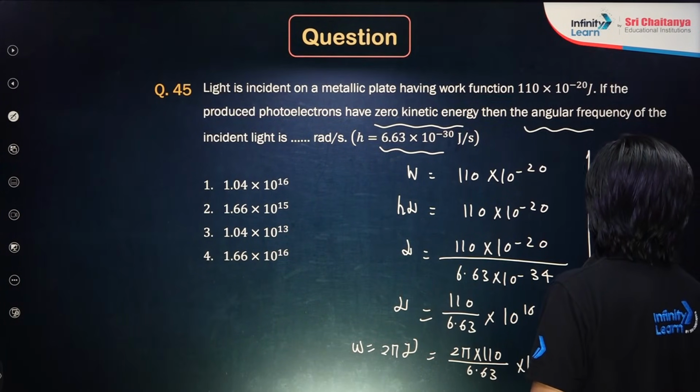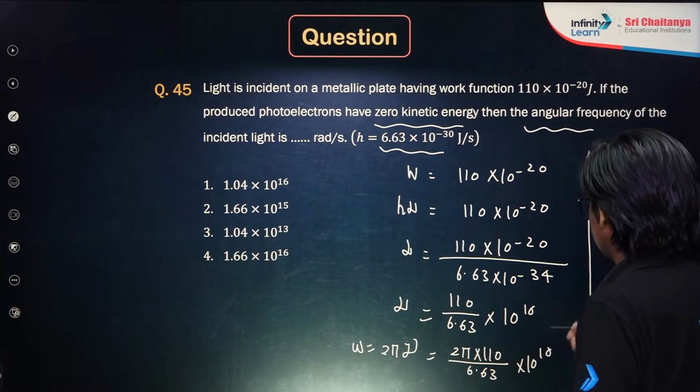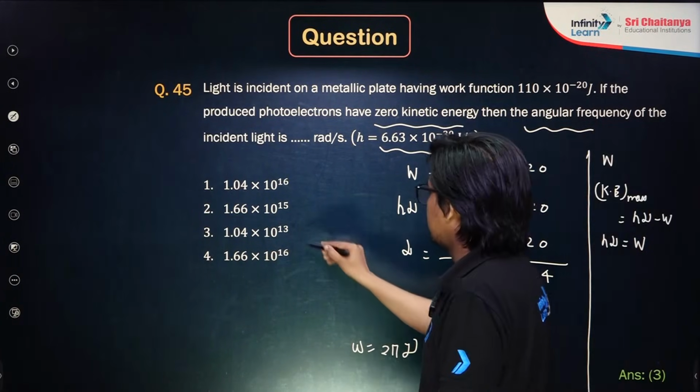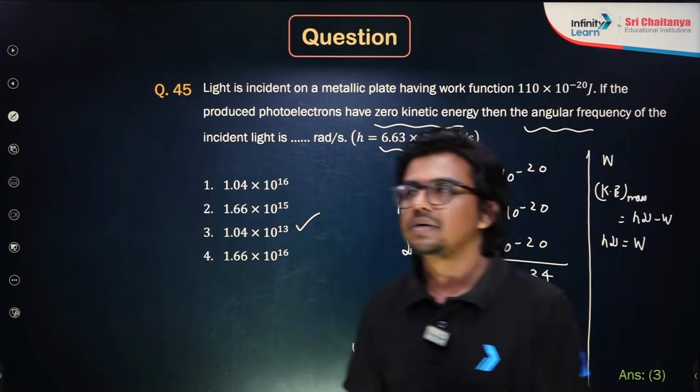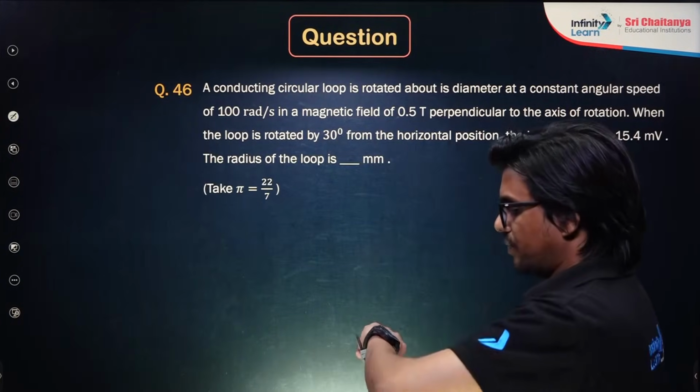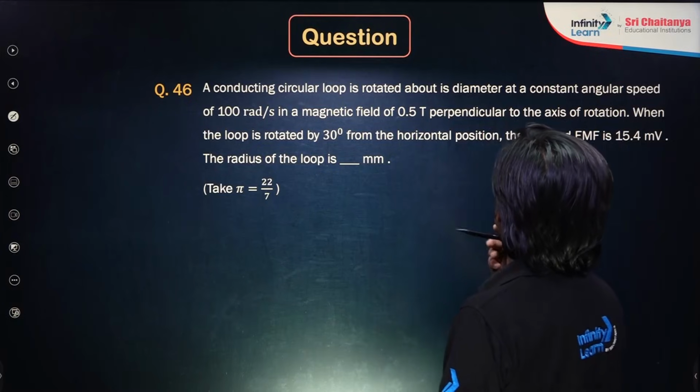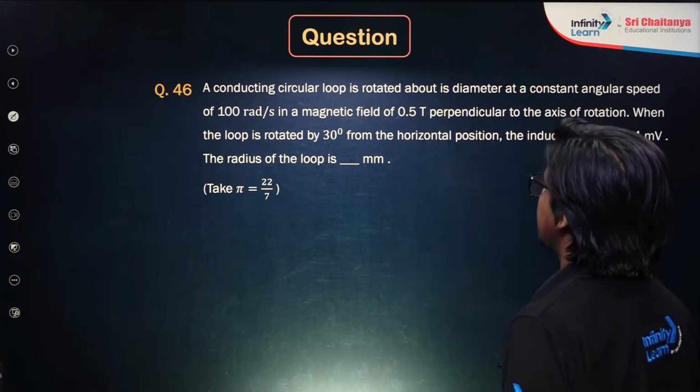Because it is 0, so h nu is equal to w. That I am doing correctly. Okay, so just do the calculation carefully, you will get your answer, and it is 1.04 into 10 raised to the power 13. Now 46, a conducting circular loop is rotated about its diameter at a constant angular speed of